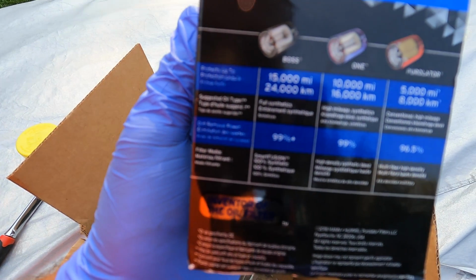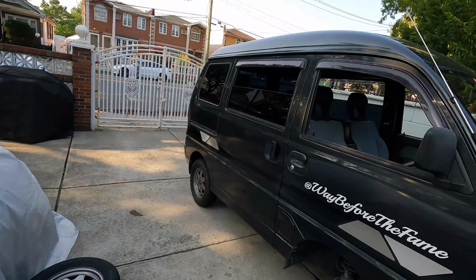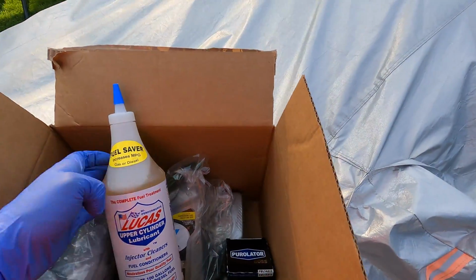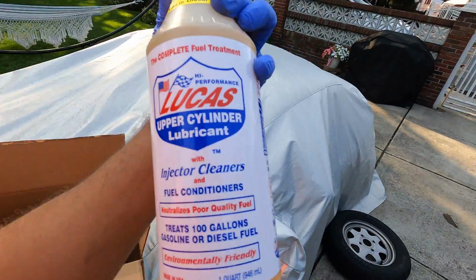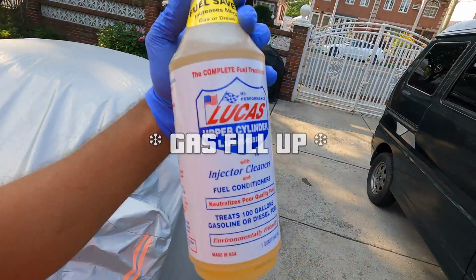This one says it's good for 15,000 miles, which I probably would never do in this van, but it's good enough for 15,000 miles. And we're going to use 10W-30 full synthetic. And then I also want to use this when I eventually do an oil change, because let me start up